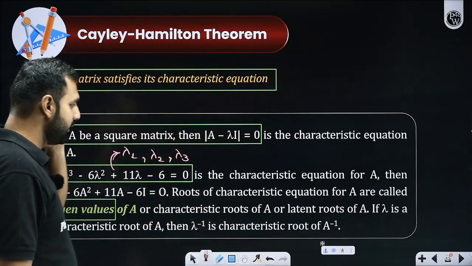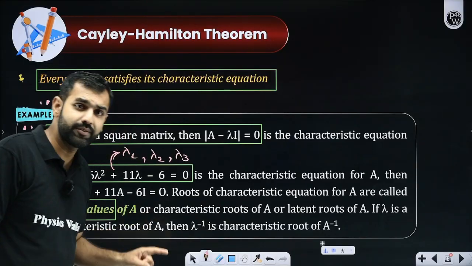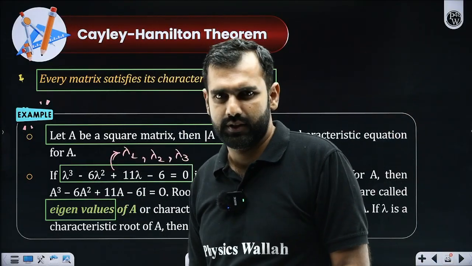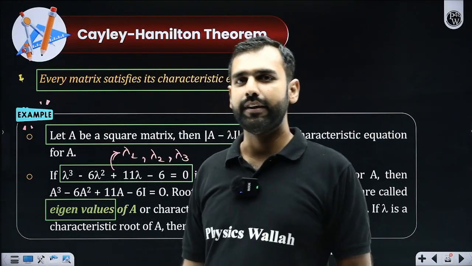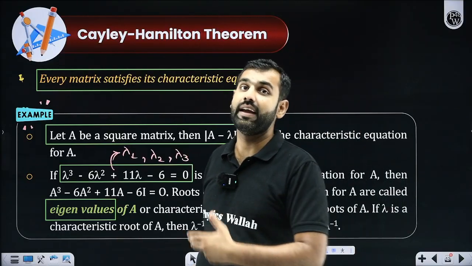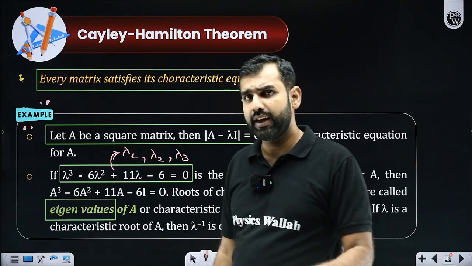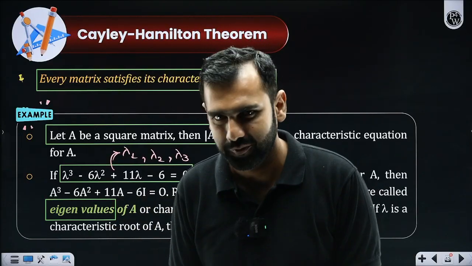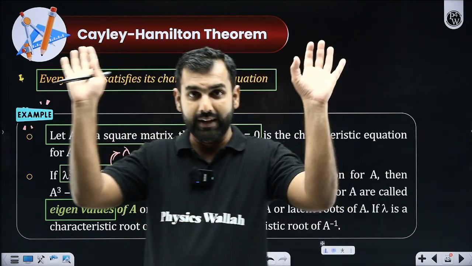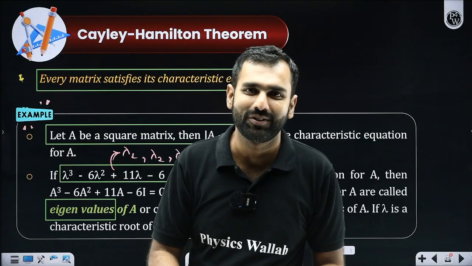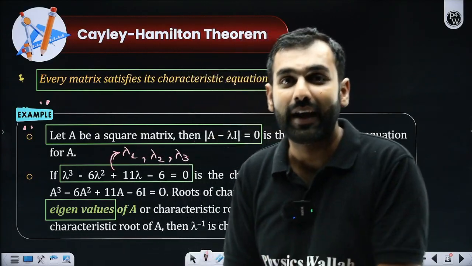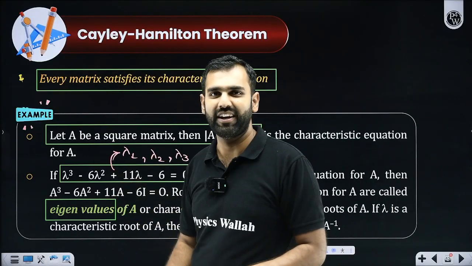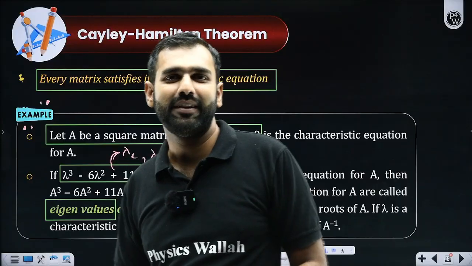All I'm saying is, let's say someday, I am asked in a question to deal with the eigenvalues of A inverse. But what I know is the eigenvalues of A. Let's say eigenvalues of A are 3, 4, 5. But in our question, let's say I need the eigenvalues of A inverse. So the beauty of eigenvalues of A inverse will be, it will be the reciprocal of the eigenvalues of A: 1 by 3, 1 by 4, 1 by 5.